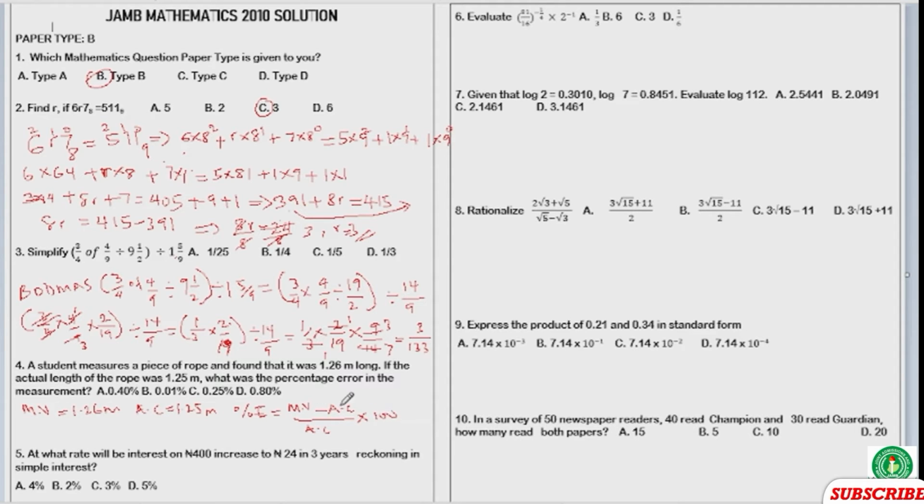That's the formula. Please take note. The percentage error is equal to the measured value, 1.26, minus the actual value, 1.25, over